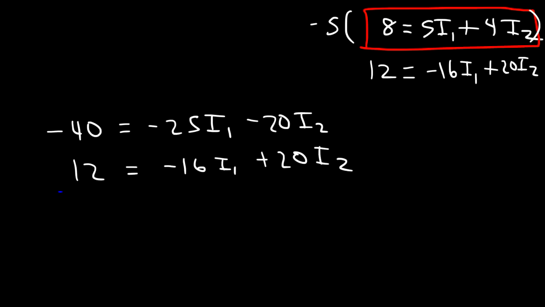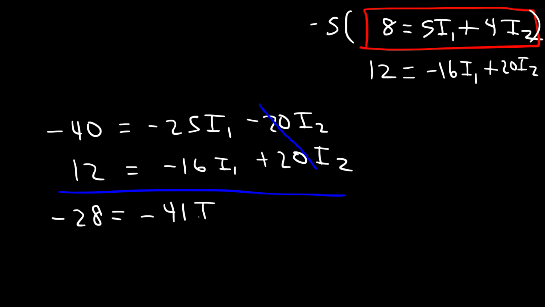So if we add these two equations, we can cancel those two terms. Negative 40 plus 12 is negative 28. And then that's equal to negative 25 minus 16, which is negative 41, times I1. So the value for I1 is negative 28 divided by negative 41. So I1 is equal to 0.6829